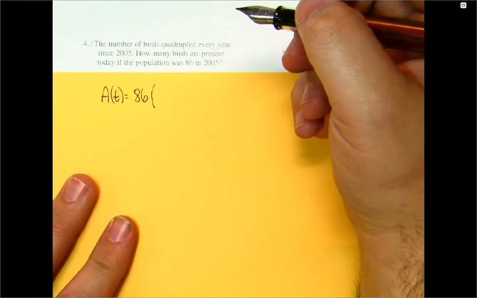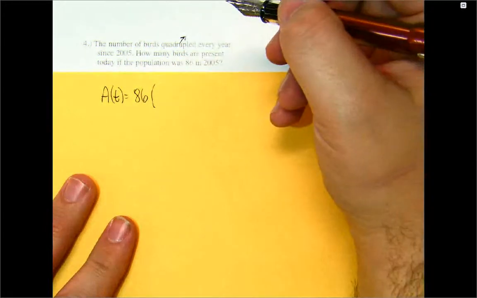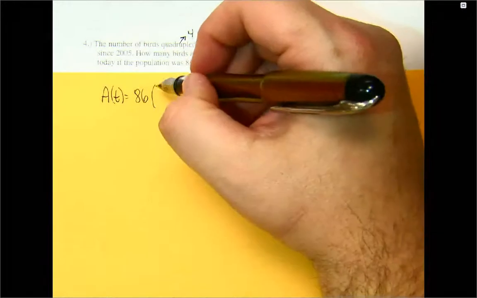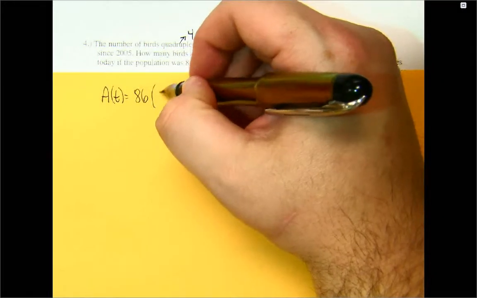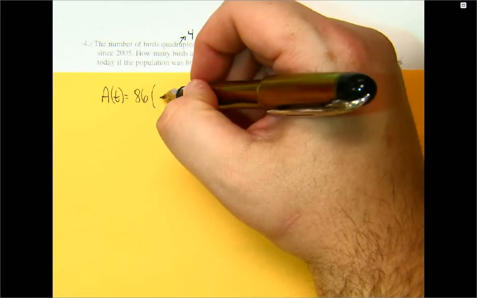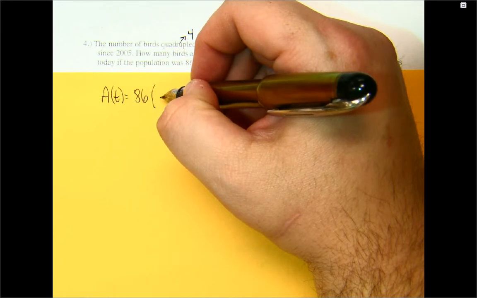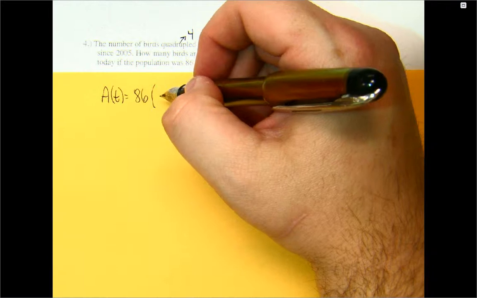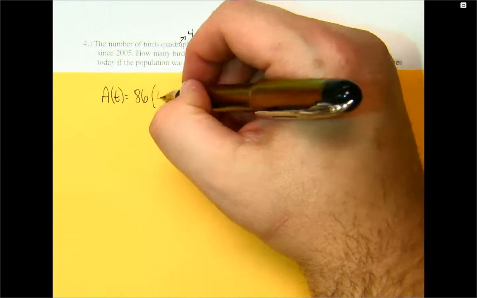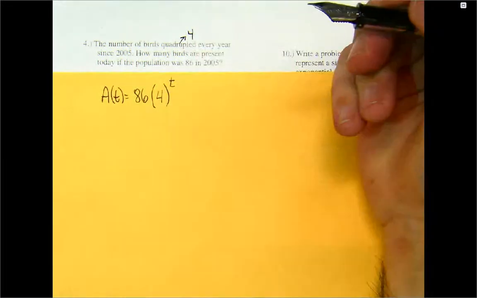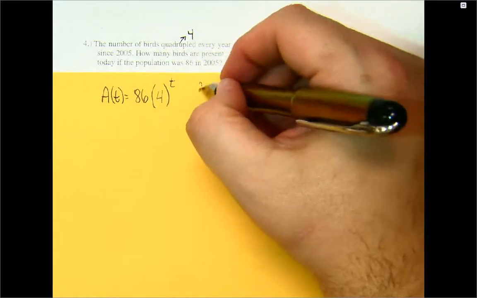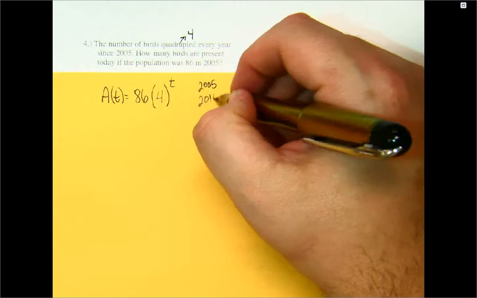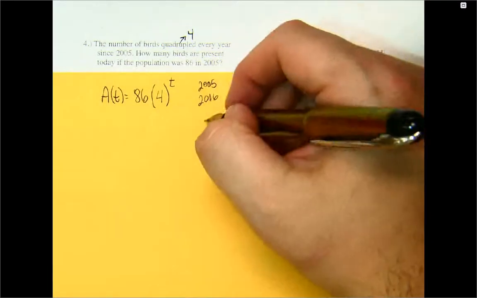Quad is 4. Now, if we doubled the population, it would be multiplying it by what number? If we tripled it, we'd multiply it by 3; if we quadrupled it, we'd multiply it by 4. So you put a 4 in there, and we're going to raise it to the t power. Now, that starts in 2005. What year are we in now? 2016. So t is going to be equal to, you subtract those, we get an 11. So A of 11